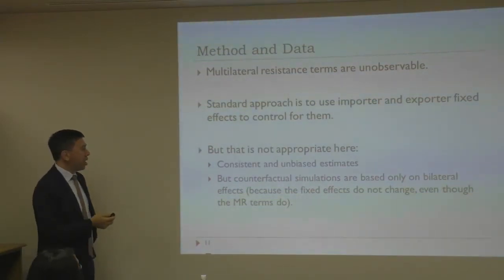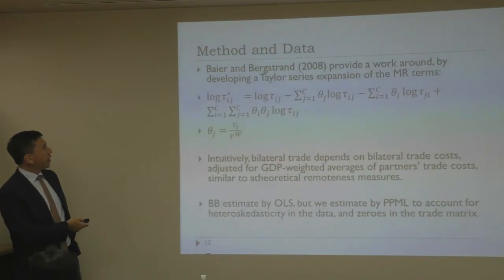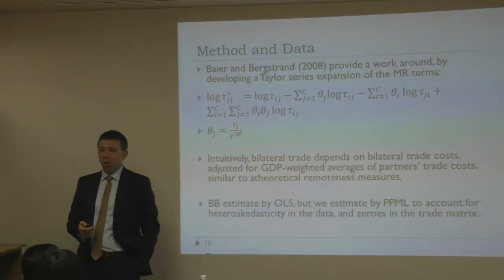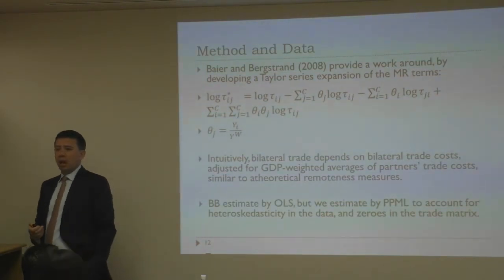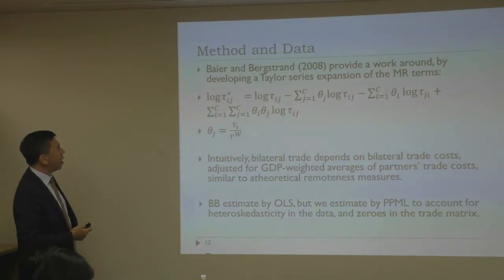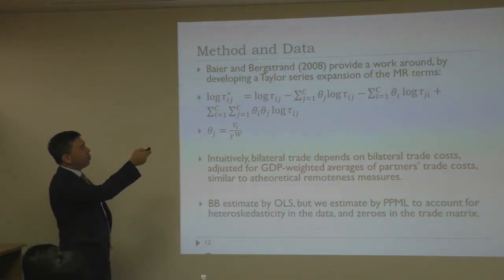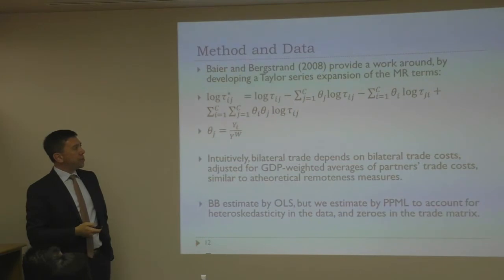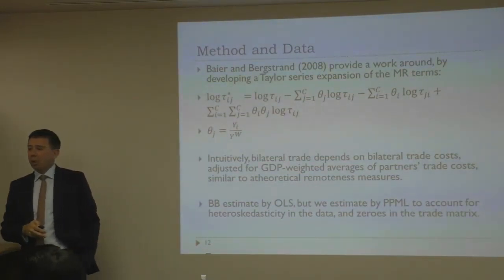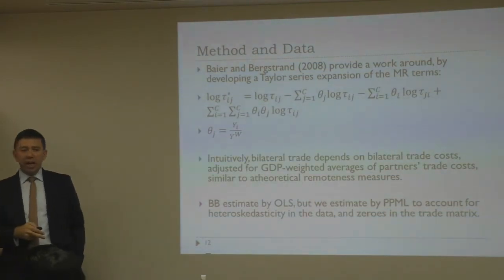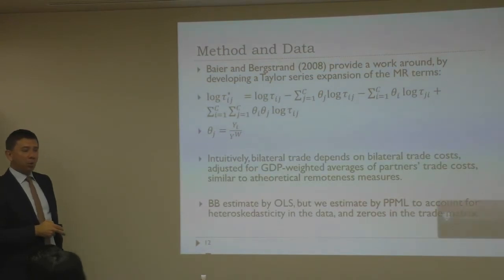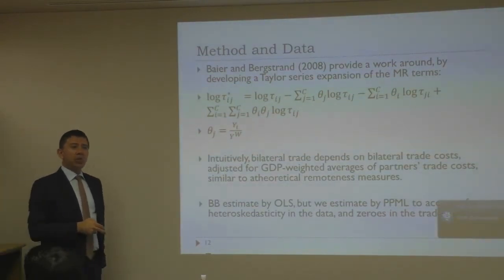Okay, so we've got to use a bit of a trick to get that, and the trick is a Taylor series expansion of the multilateral resistance terms from Baier and Bergstrand. They have a nice article in the JIE from 2008-2009. And basically, you've got to go through a lot of math to get to this point, but the adjustments are actually really simple. So really you're just taking global averages across exporters, importers, and then all countries, and using that to adjust your